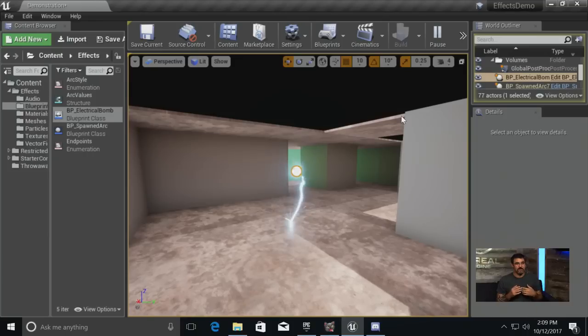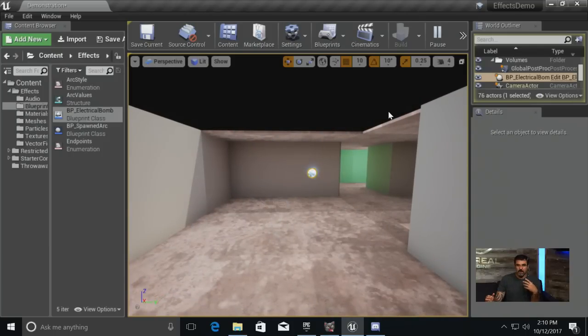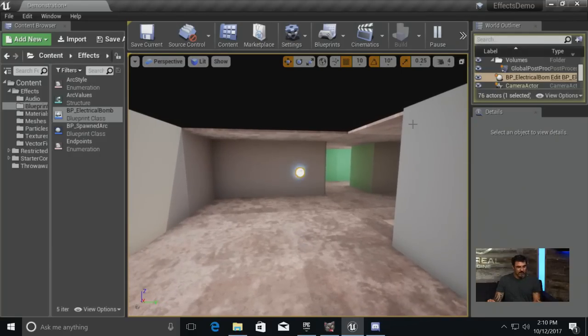So essentially, it's doing random traces in a direction, finding the endpoint, and creating this spline between it. And then I'm changing the properties to give that much more undulating, alive electrical arc effect. And the way I did that, drop out of Simulate here,